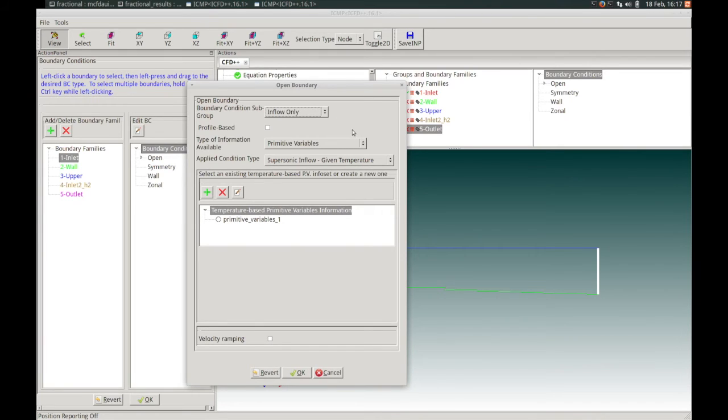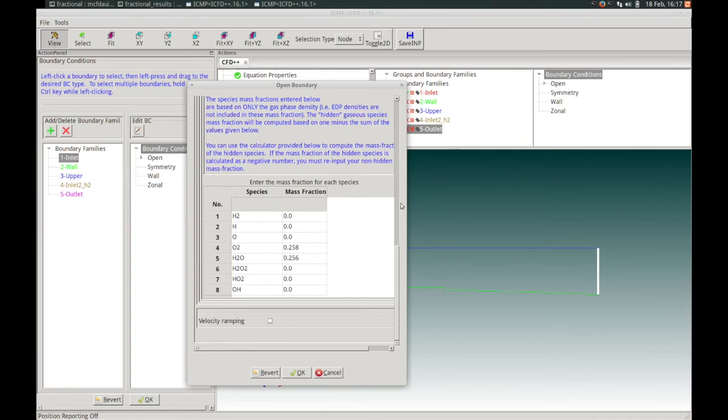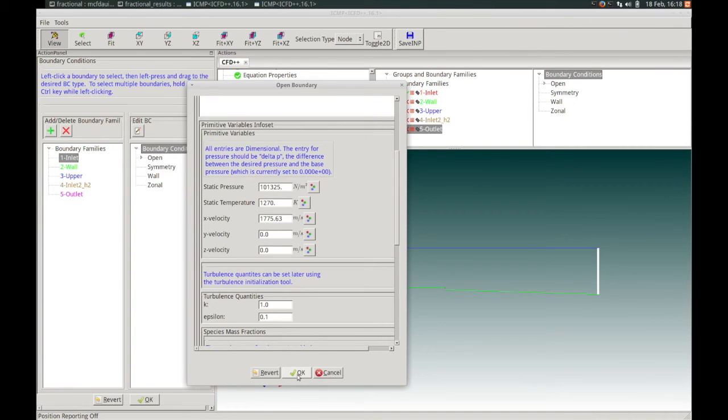We will also choose to define the type of information using primitive variables. Here we will choose the supersonic inflow option with a specified temperature. In this case, we will reuse the information set that's already defined by our initial conditions. And we can press OK.